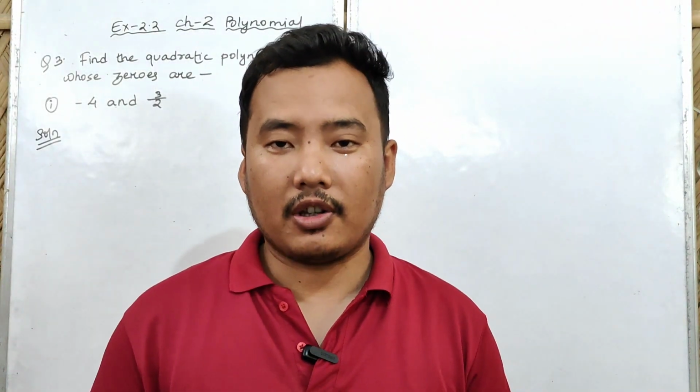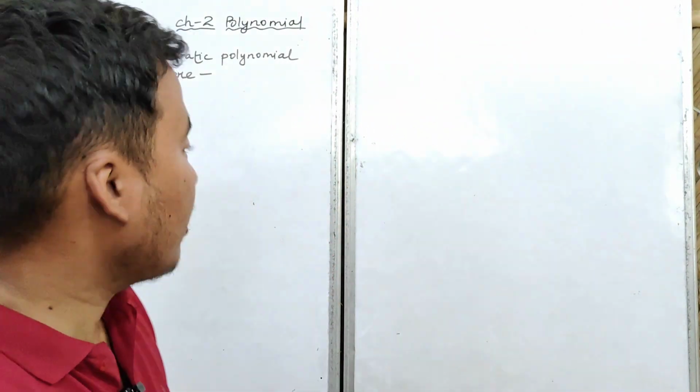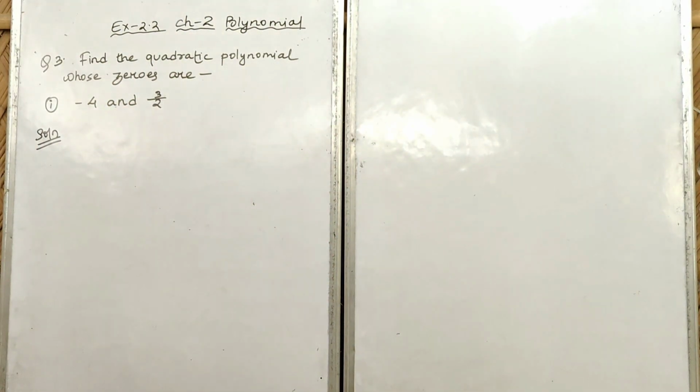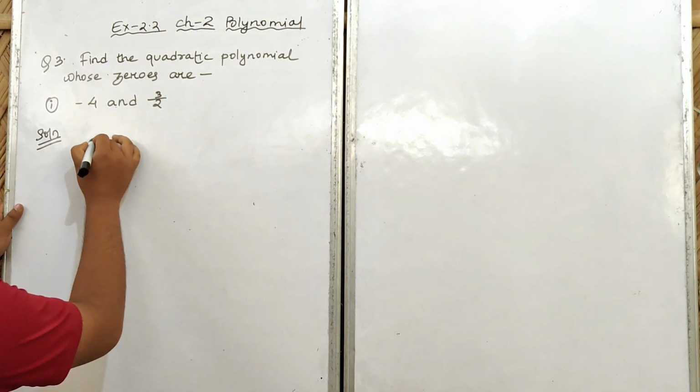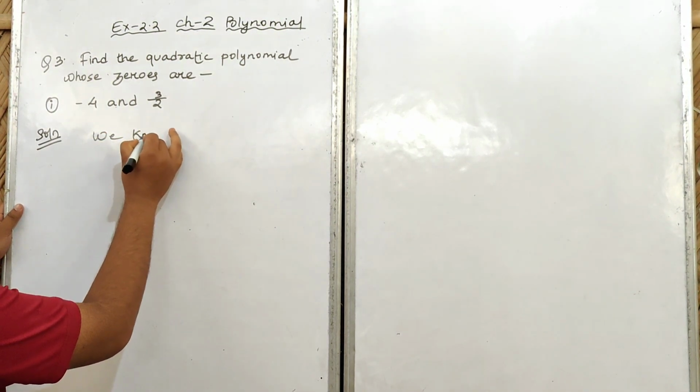Okay, now let us discuss question number 3. So question number 3, हम लोग को क्या दिया है? Find the quadratic polynomial whose zeros are minus 4 and 3 by 2. तो first question हम लोग को दिया है minus 4 and 3 by 2. So we need to find the quadratic polynomial. So let's start. So right, we know